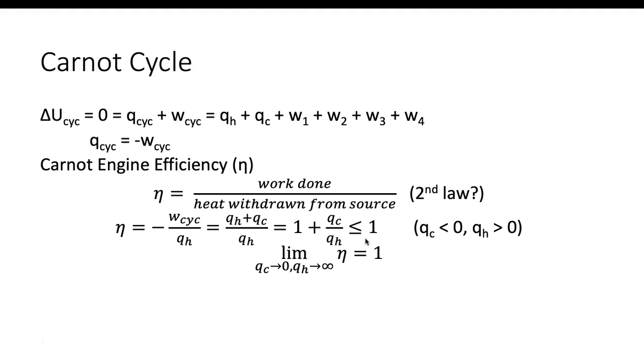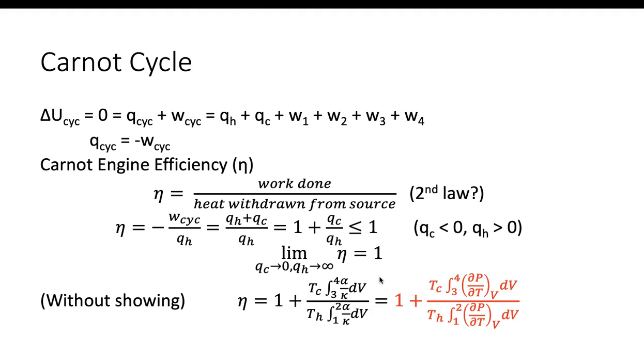Okay, and so the cases where the efficiency of the engine is 1 are where we have 0 heat flow to the heat sink, or we have infinite heat flow from the hot reservoir. So those two cases are a little bit difficult to think about because we're talking about heat. So